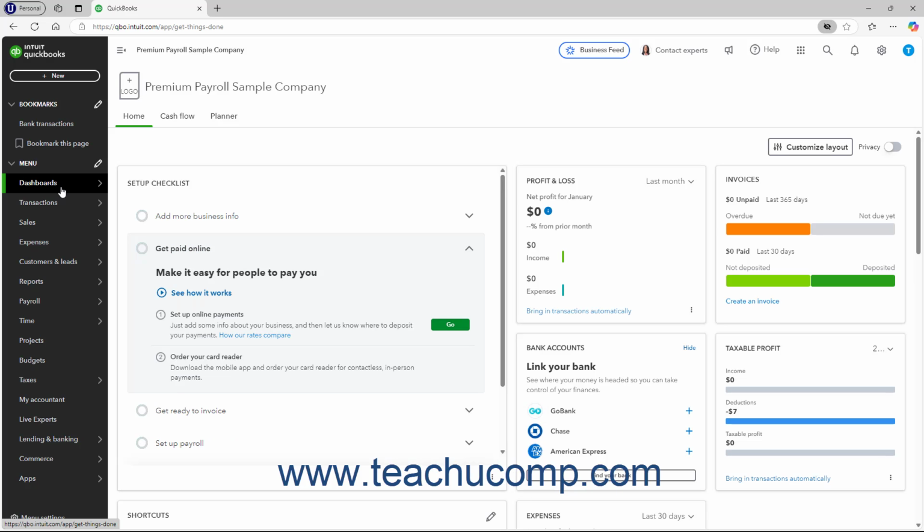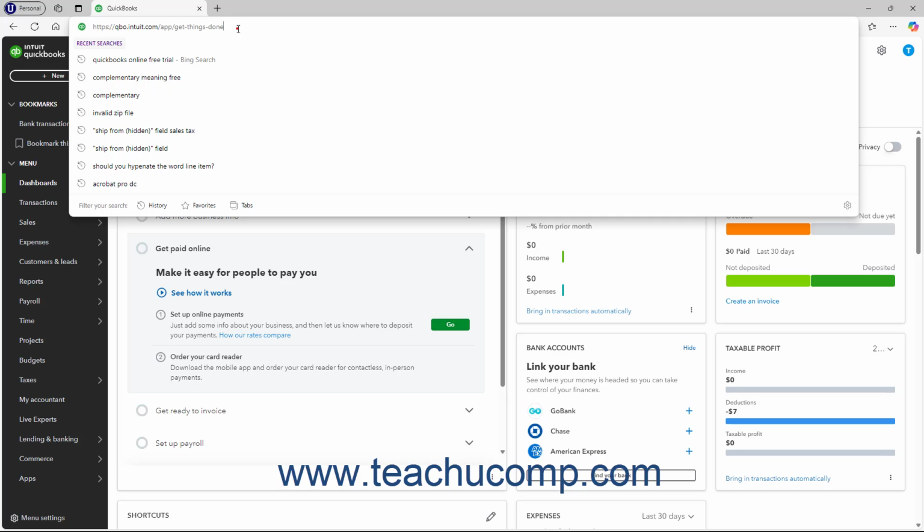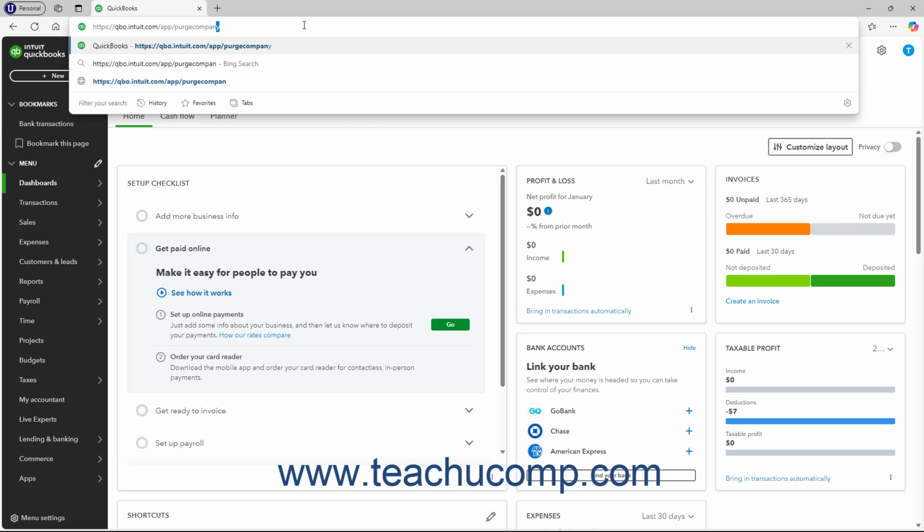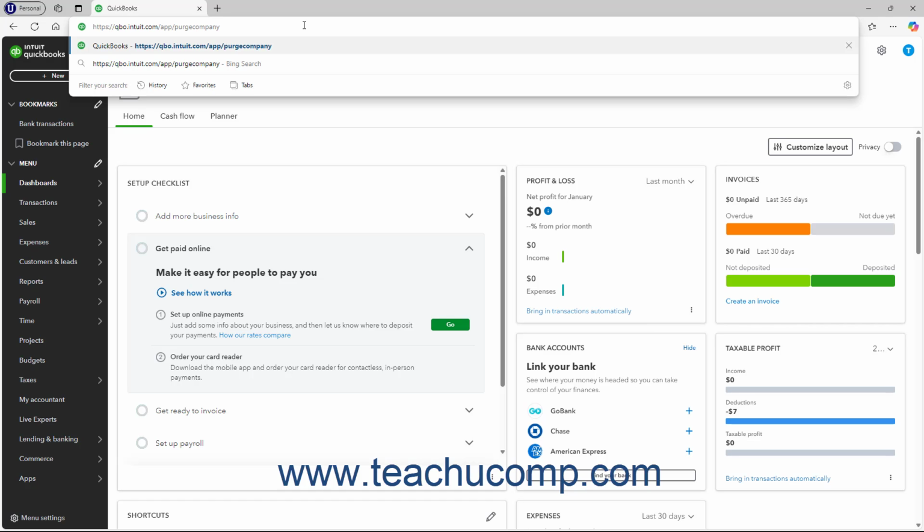In the address bar of your web browser, change the URL, which should look like https://qbo.intuit.com/app/get-things-done or https://qbo.intuit.com/app/homepage to delete either the term Get Things Done or Homepage and replace it with Purge Company. Then press the Enter key on your keyboard while still in the address bar